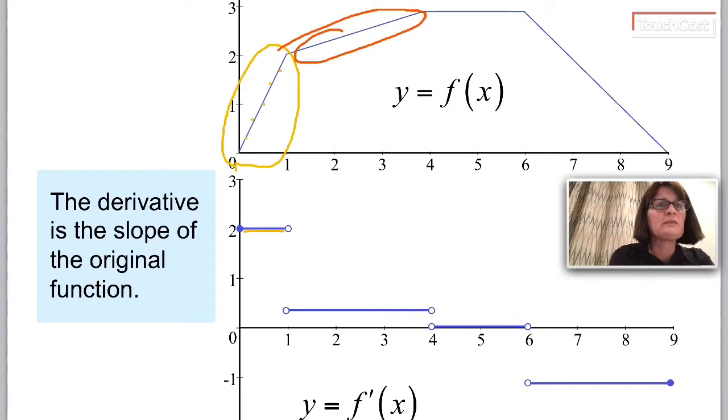What's the slope? 3 minus 1, 1 over 3, so 1/3. So it doesn't matter where along that line I go, the slope is the same. The slope of a line is constant. So anywhere in that piece of the domain, my slope is 1/3. So I'm going to put a constant, a horizontal line segment here in my derivative graph. Up here,